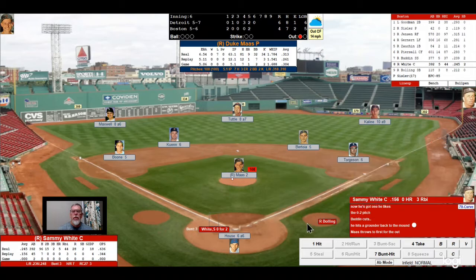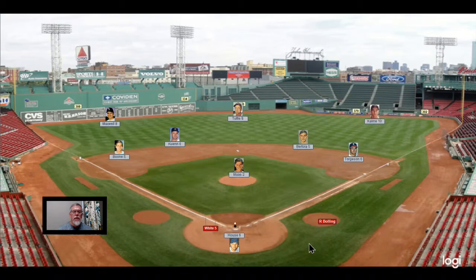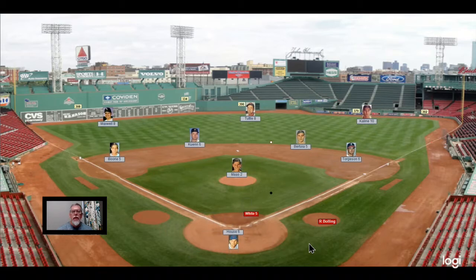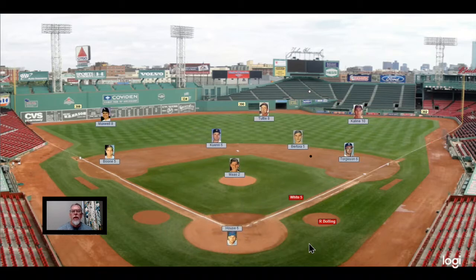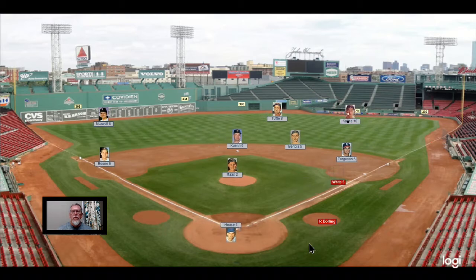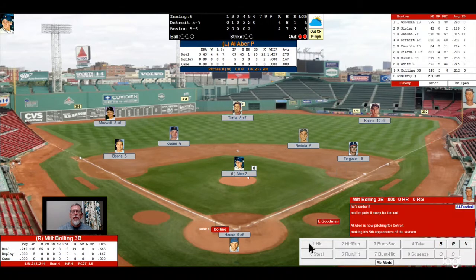White grounded to third his last time up. 0 for 2 on the day. Here's the pitch to White. He lifts one into right field. Al Kaline moving toward center field. Makes the catch. And that'll be all, as Al Aber is now pitching for Detroit